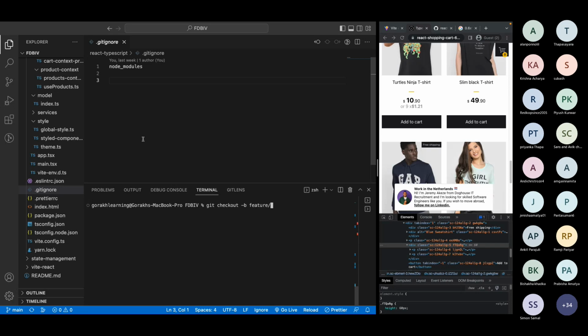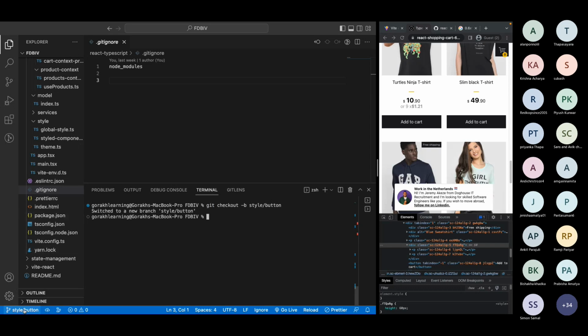I'm introducing a feature with CSS, or I can write style here, style for that button component. So I'm creating a branch. You can write any name here, okay? But you need to type this one. There is another switch command as well, maybe you can see that. So git checkout -b style/button. So it has now created another branch